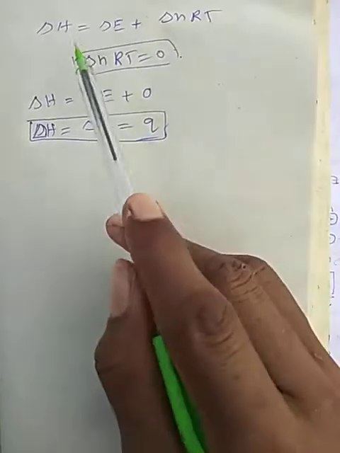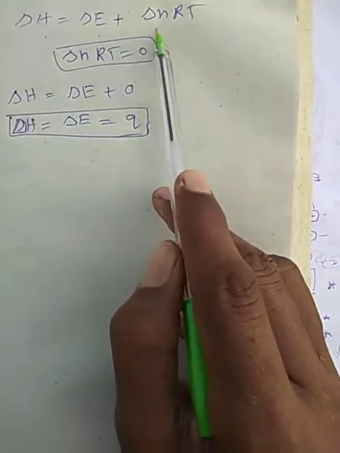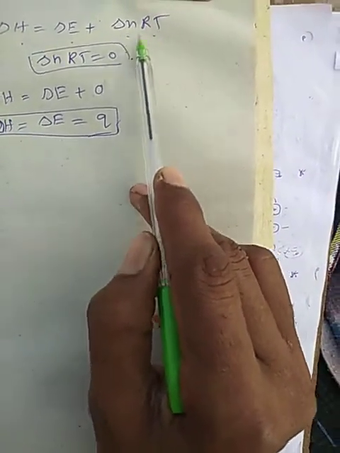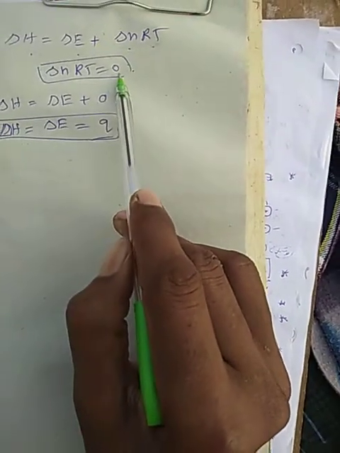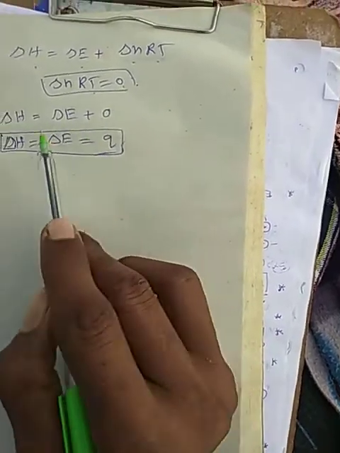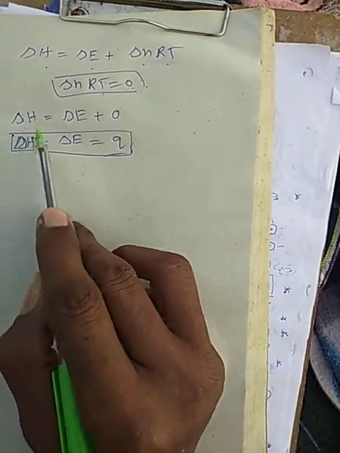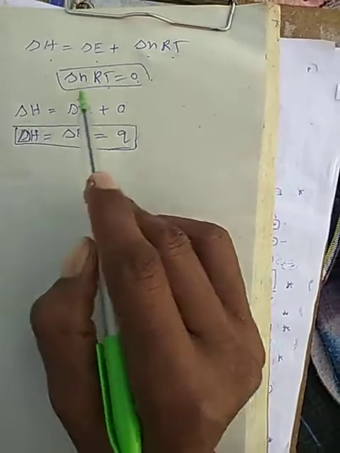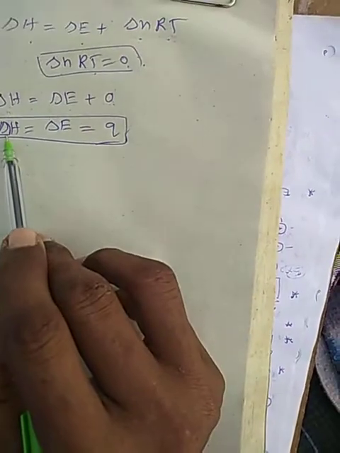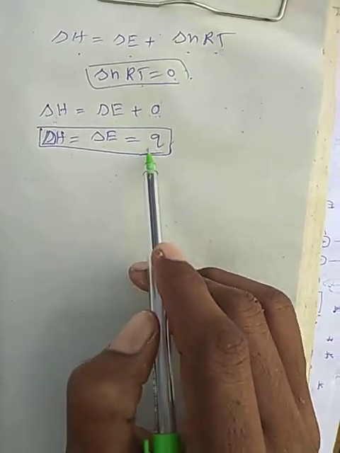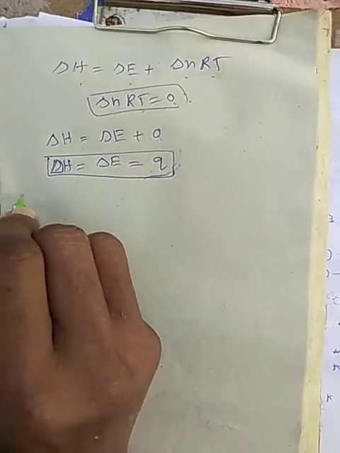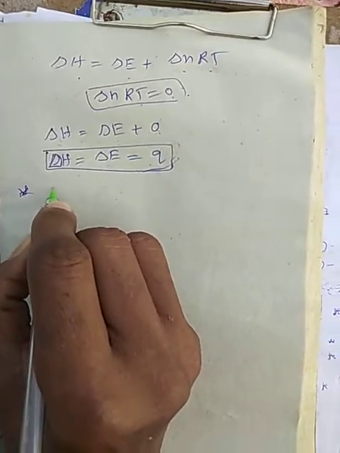We already know the change in enthalpy equals the change in internal energy plus delta n RT, and that term becomes 0 from the equation because delta V is equal to 0. Substituting 0, delta H is equal to delta E, which is the total heat and energy. Now one more condition: